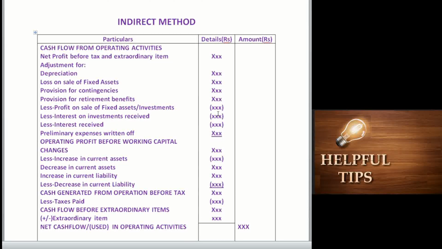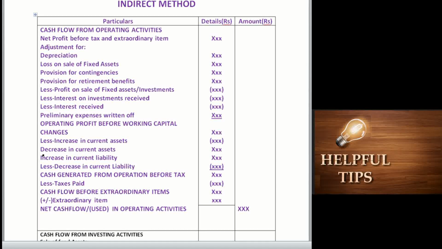This provision for contingency does not mean your provision for bad debt. So provision for bad debt अलग है, this is provision for contingency, कोई particular contingency के लिए अगर आप पैसा रखते हैं तब ये ऐड हो जाएगा। Similarly your